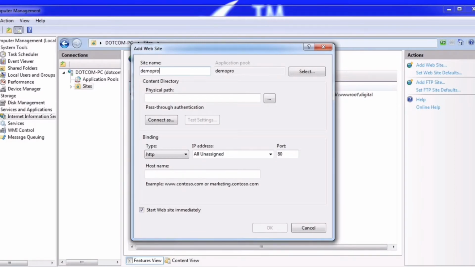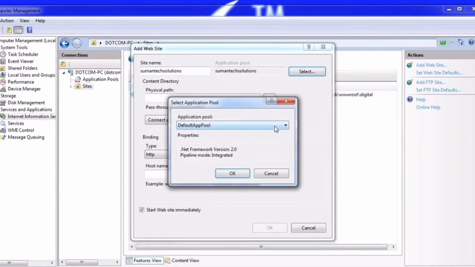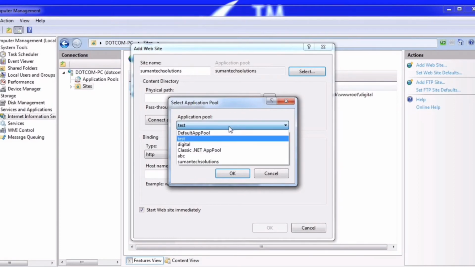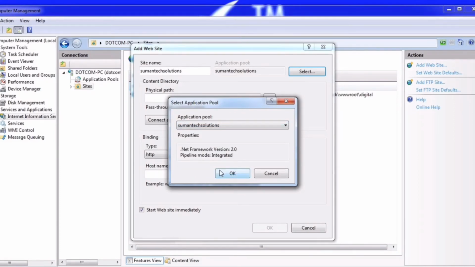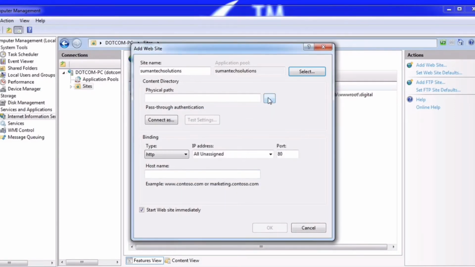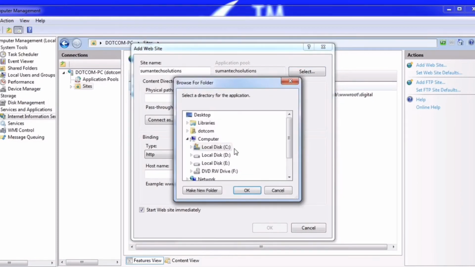Suppose I have written here Suman Tech Solutions as a site name. After that, select, and then we'll choose our pool. Suppose my pool name was Suman Tech Solutions, which I have made already. So after that, click OK, and we'll decide the physical path.